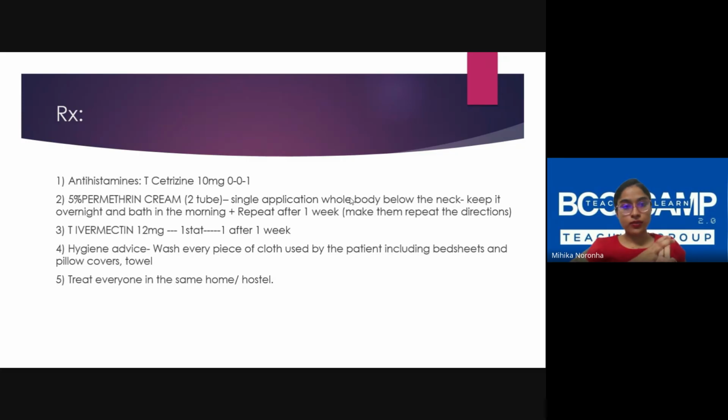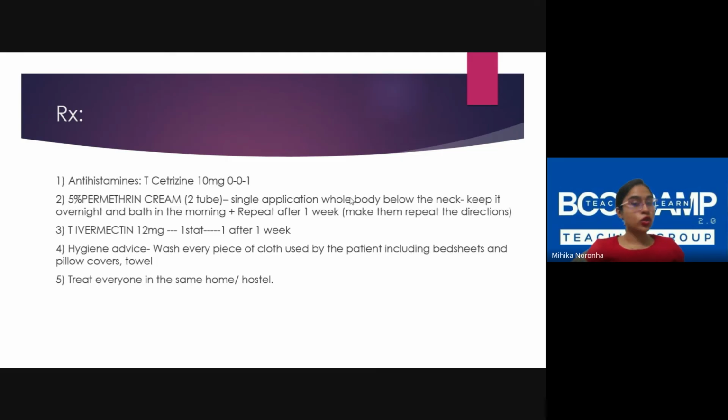Second thing that you need to remember with permethrin is your patient is not going to understand what you say the first time you tell them this. So you tell them, they repeat something wrong, then you correct them, they repeat it again, and this goes on. Another common mistake, they apply it everywhere, they wash their hands. It doesn't work. They have to leave it on their hands. Then they will ask, when should I eat? So you tell them, please eat your food and then do all these applications.